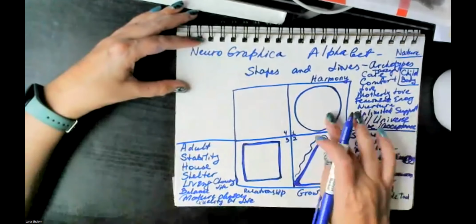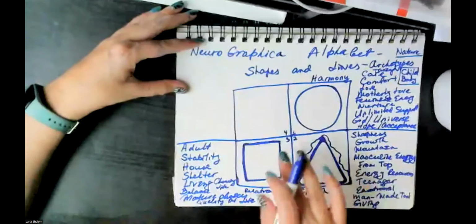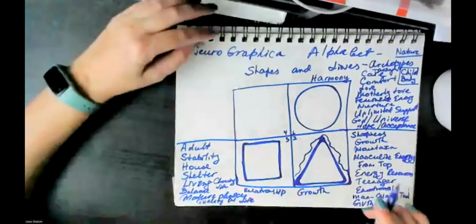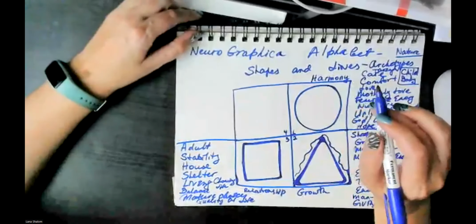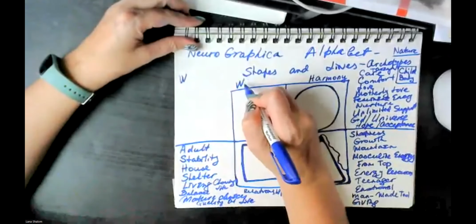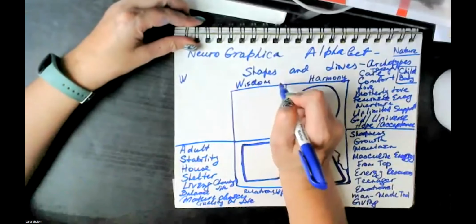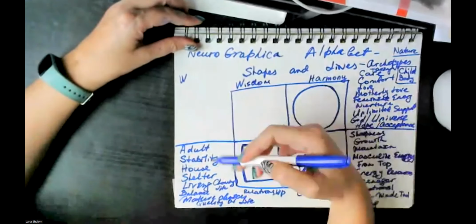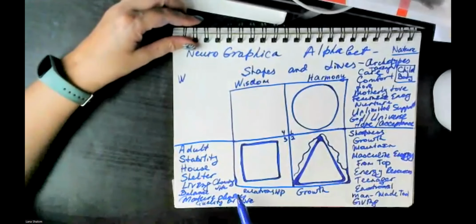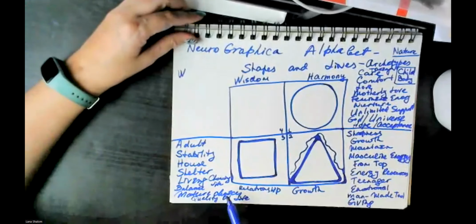So now you're going to ask me, Lana, what is happening here? These are the three main shapes. Those of you who know how to draw neurographic, you know these are the main three shapes. What's here? This square represents something, actually, let me write it here, we call wisdom. And over here, remember I told you, we choose life, we make choices. Even though we're adults and we make choices, we're still limited. This is the important word. We're still limited by various choices.